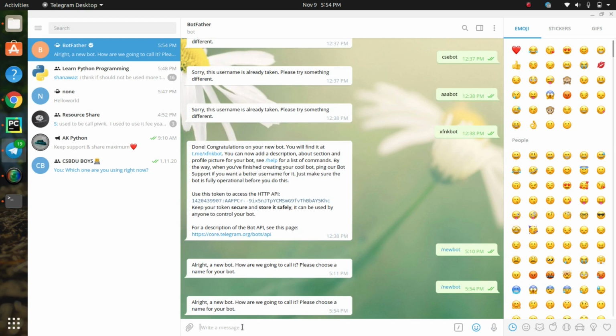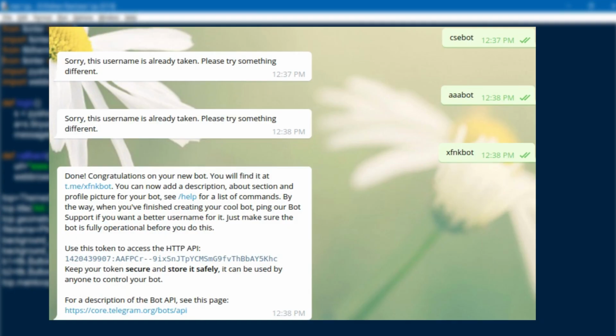And it is asking for the bot name. So you need to give a unique bot name. You can give any name that you want, and note that your name must be unique. Okay. Here I give some random names to create a bot in Telegram. After giving the name, you will get a message like this. In this message, they will provide a link. Using this link, we can access our Telegram bot. So this is the safest way to create a Telegram bot.